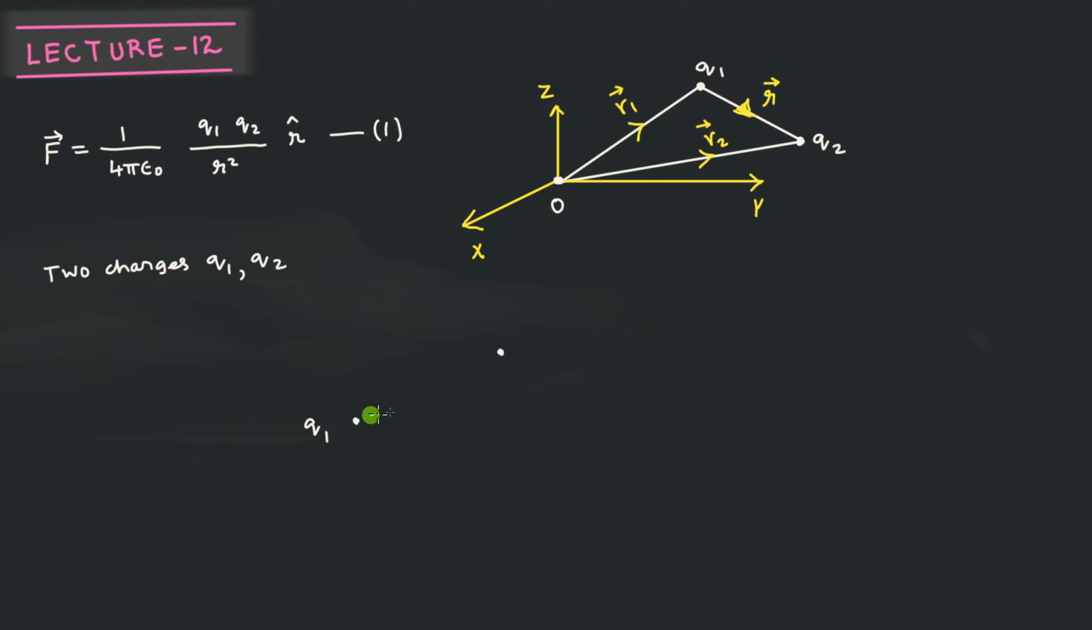Suppose you have Q1 and Q2 and you have already started your measurement. You are trying to measure this capital F, the force between the two charges. While you are measuring, suppose I bring another charge Q3 and keep it here. Will the force between Q1 and Q2 change or not? That is the question. The force that you calculate between these two charges will not be altered